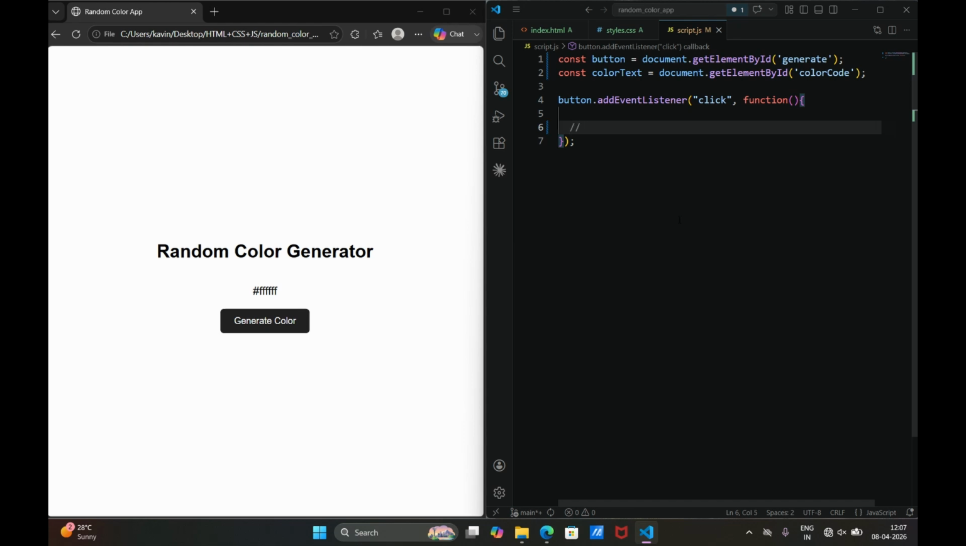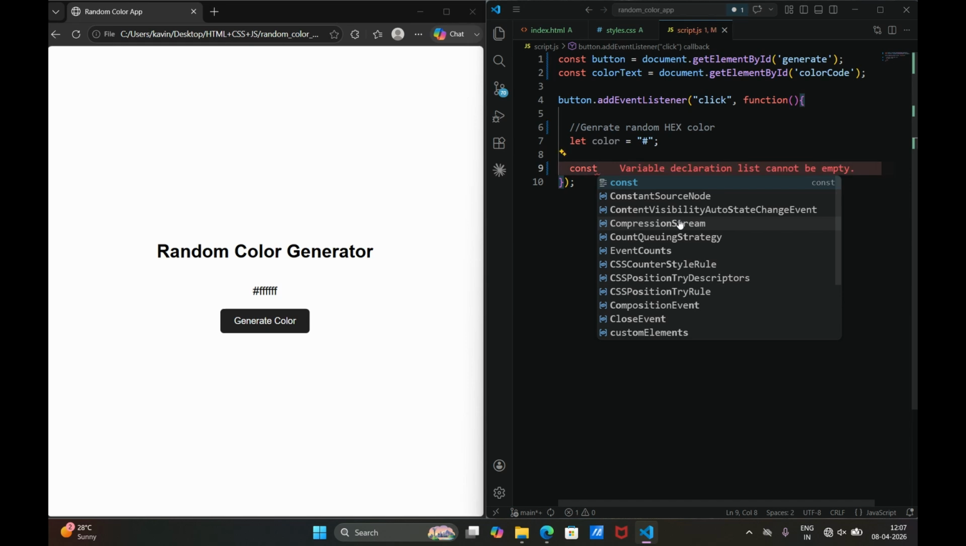To generate a random hex color, we need a hash. For all the hex colors we need a hash before that color code. So I am declaring a color variable and assigning it the value as hash. Then I am creating another variable